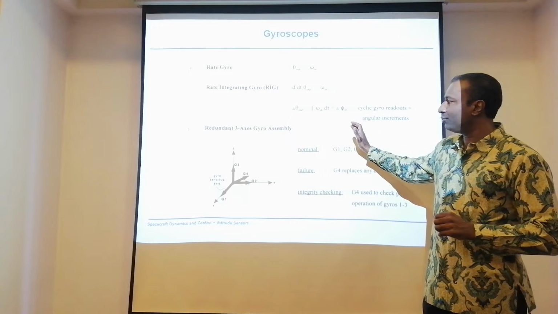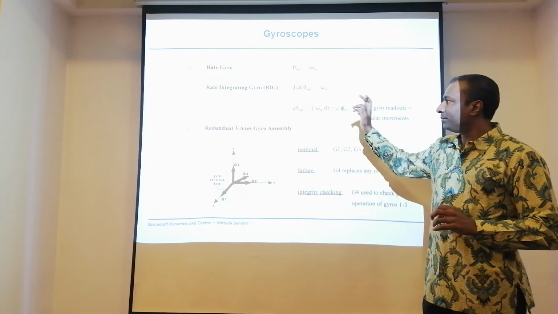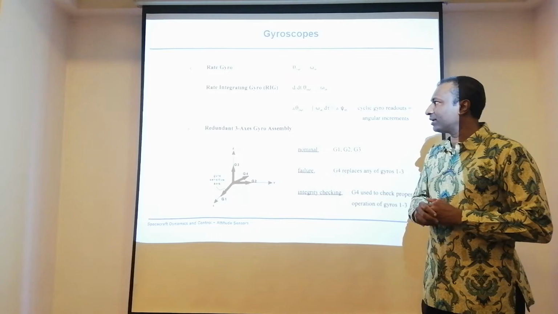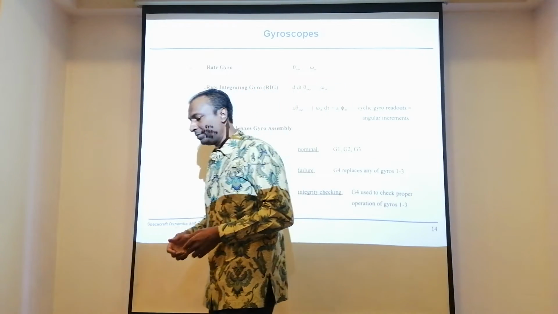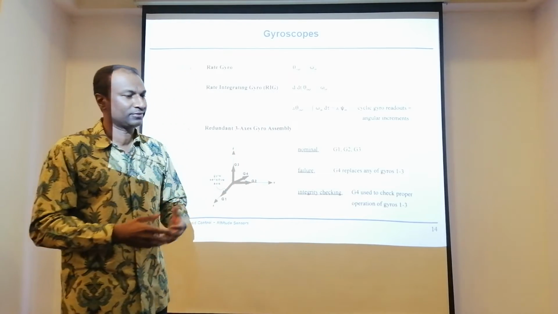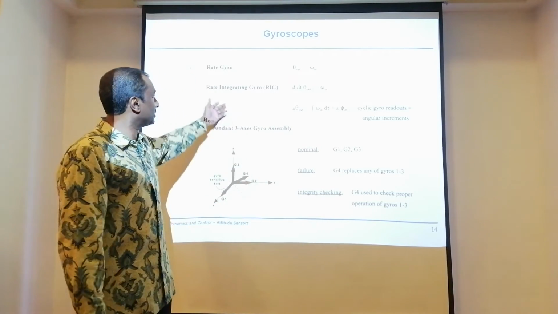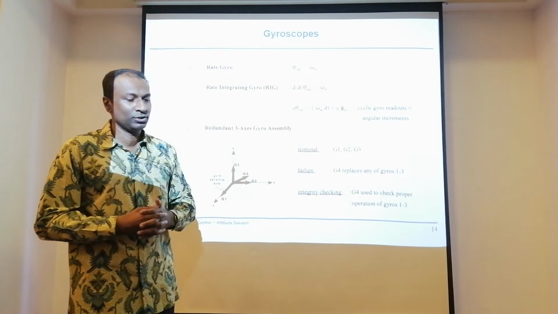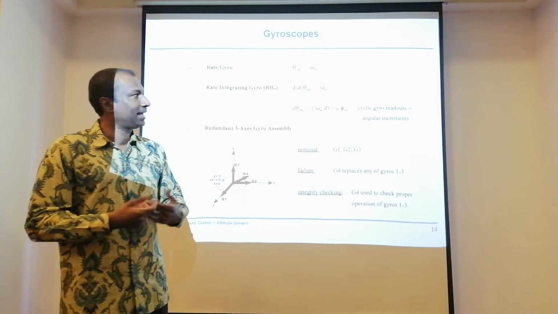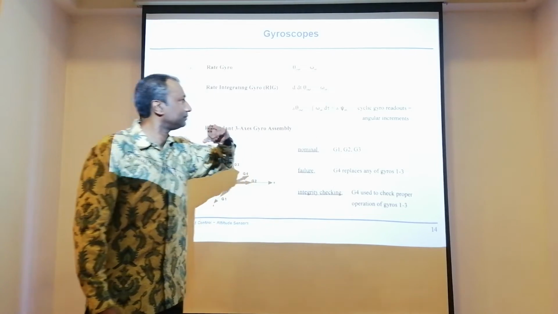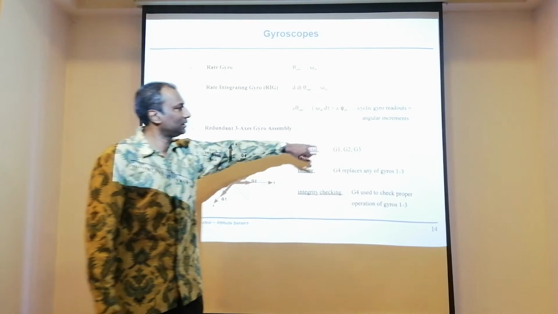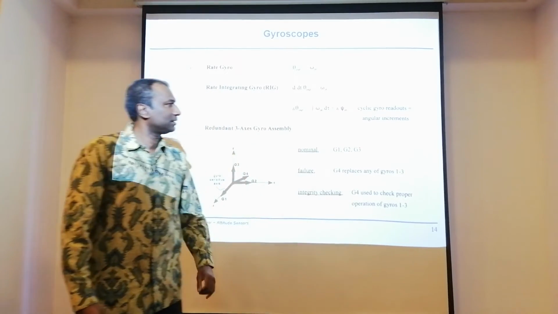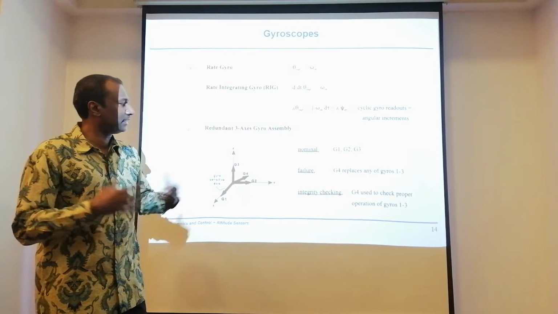Before we go into the fiber optic gyro, with mechanical gyros, when we run the gyro, the output will be angular velocity, but there is also something called an integrating gyro. An integrating gyro gives you the exact attitude. So you integrate that angular velocity, and the readout would be the actual increment of the angle.